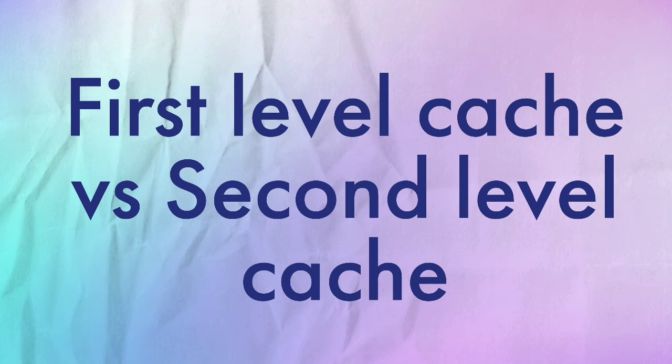The next question was also based on Hibernate, an easy one: the difference between first level cache and second level cache. First level cache comes as the default in Hibernate, but for second level cache you need to configure it explicitly. Another difference is that first level cache is maintained only at the session level, so it is only accessible within the session, but the second level cache can be accessed throughout the application because it is maintained at the session factory.